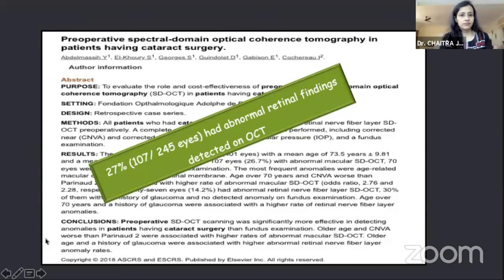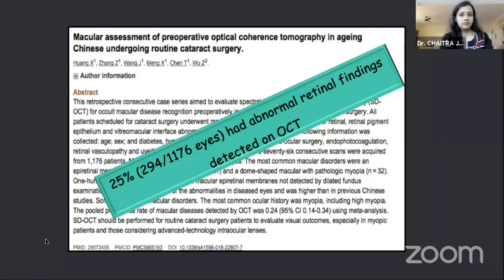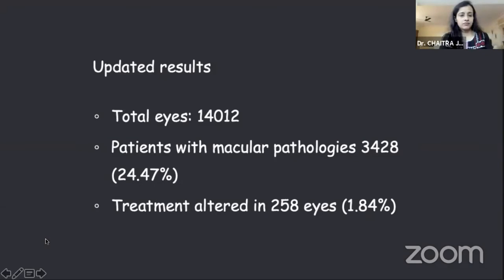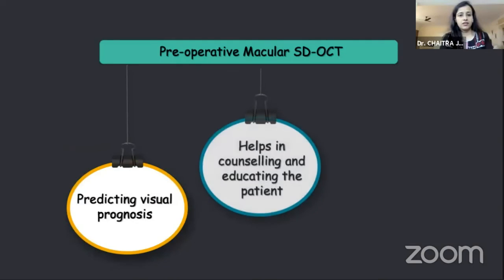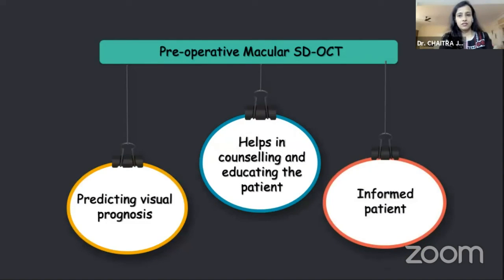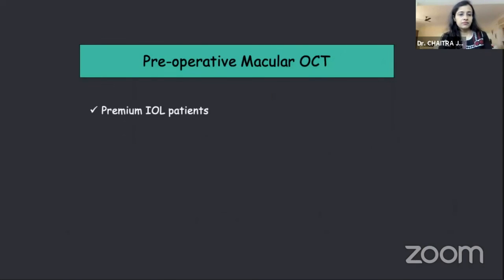So basically, what you're suggesting is that it is not just for premium cataract surgery, but for all cataract surgeries, if you are able to image it, it saves you a lot of trouble post-op explaining to them. Am I right? Yes, yes. It helps us prepare them for the outcome of their cataract surgery. An informed patient would definitely be more cooperative for post-operative management than somebody who doesn't have any idea.